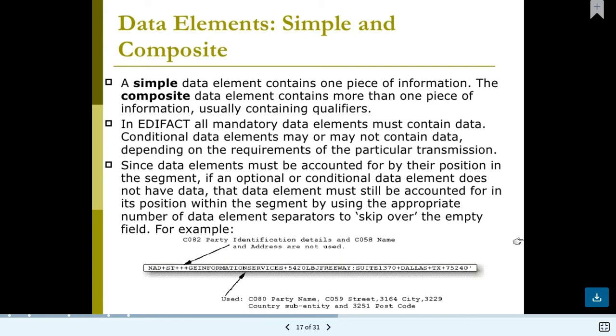Since data elements must be accounted for by their position in the segment, if an optional or conditional data element does not have data, that data element must still be accounted for in its position within the segment by using the appropriate number of data element separators to skip over the empty field. For example, like you can see, NAD plus plus plus. What is this? This is the party identification of the details and